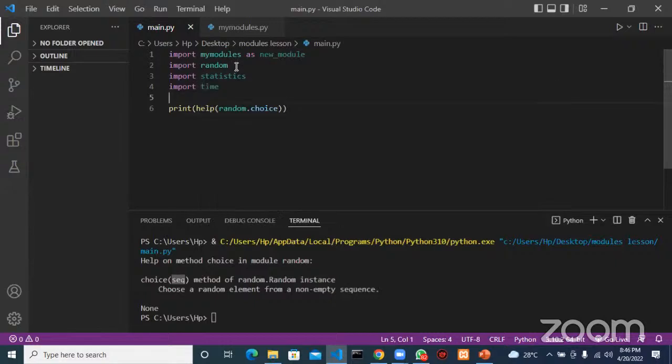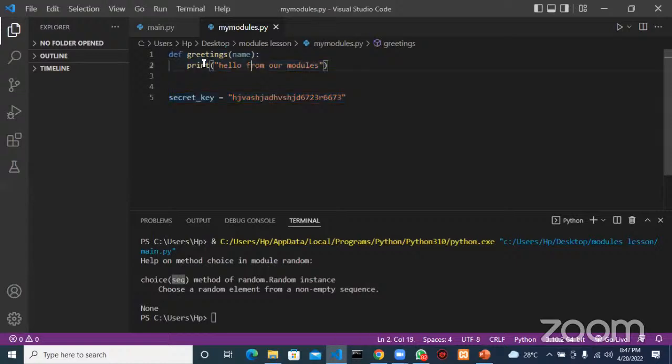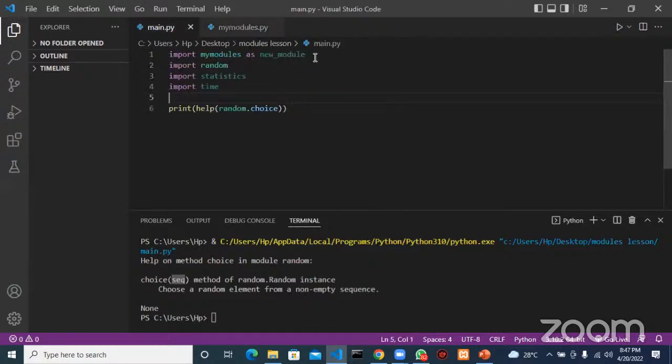Same thing with random. If there are 100,000 lines of code in the random module, Python will bring in those 100,000 lines down here, before it actually gets to the point where we need it. Here it runs fast, but behind the scenes this code makes it slow. So instead of doing this, let's say we wanted to use this greetings from our module. Instead of bringing everything from here into our main file, we can now use